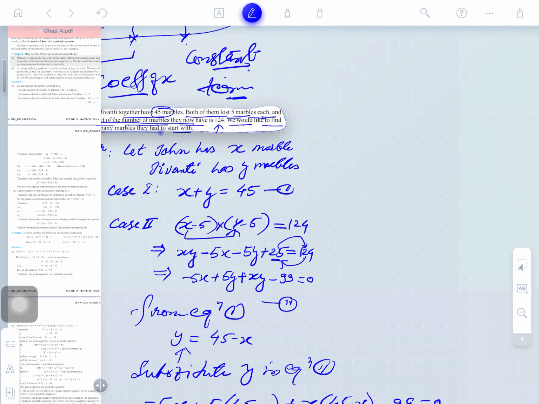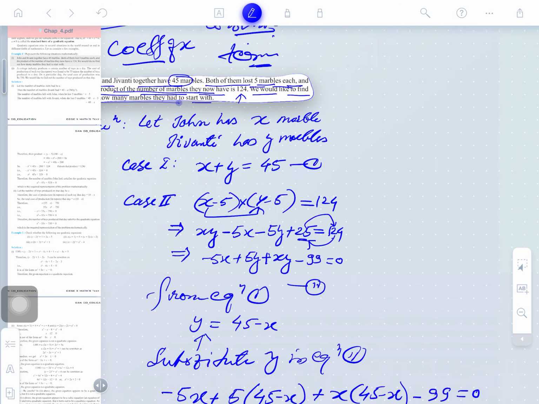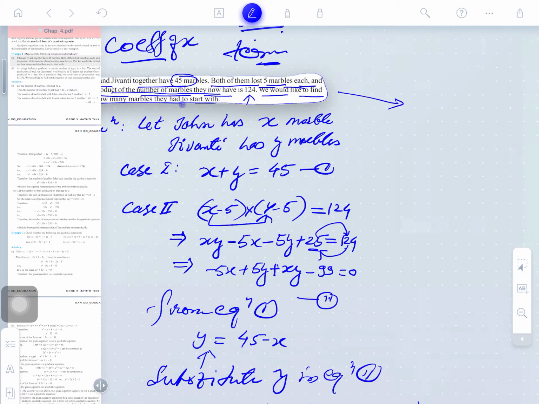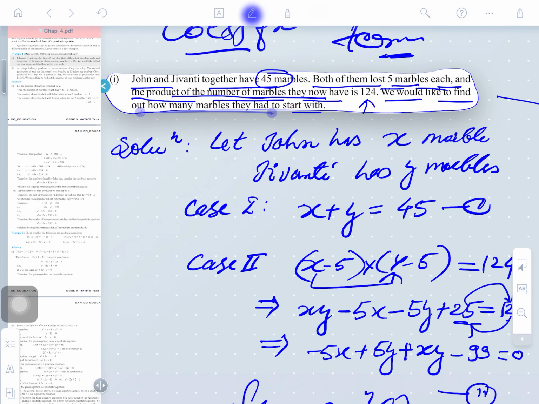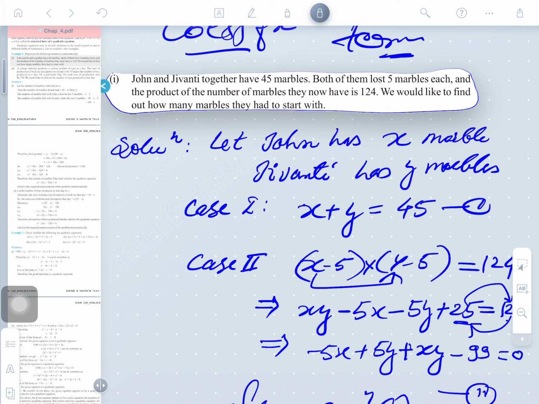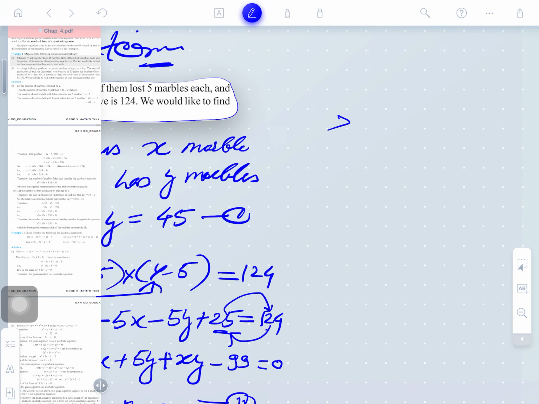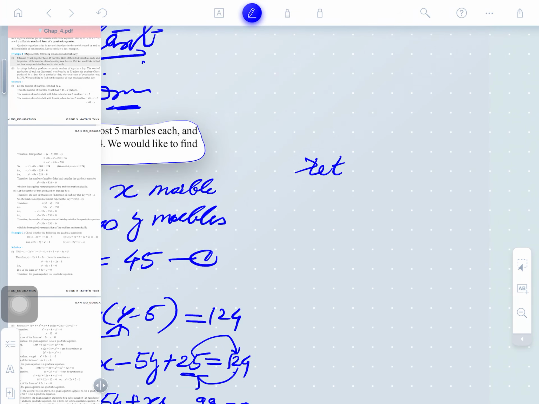Okay, guys. Second method I am telling you. What is the second method? The method number 2. Okay. Please read the question. The question is saying here, John and Jivanti, means one case is to be used as a consideration. John and Jivanti together have 45. So, we will suppose, let John has